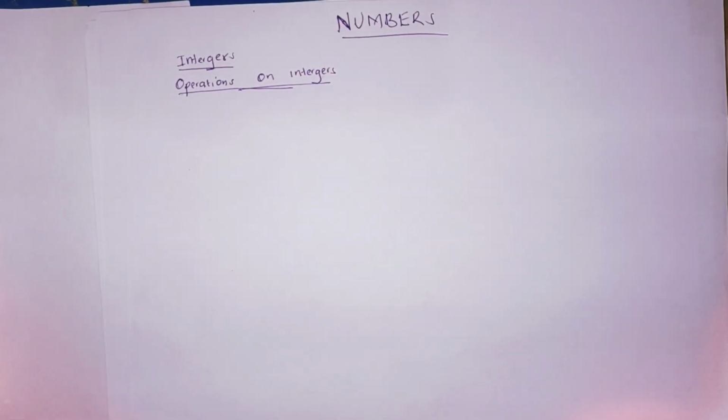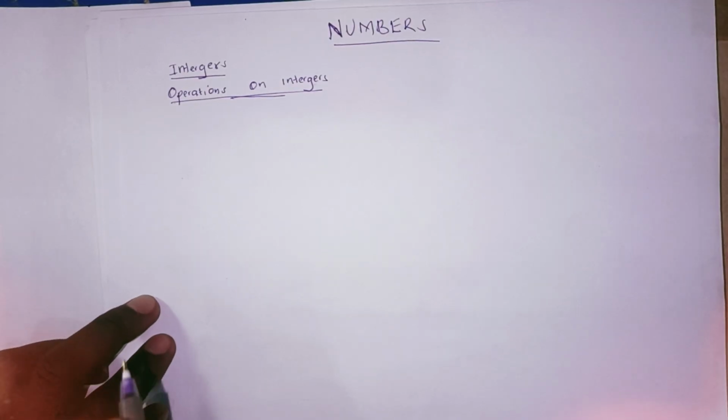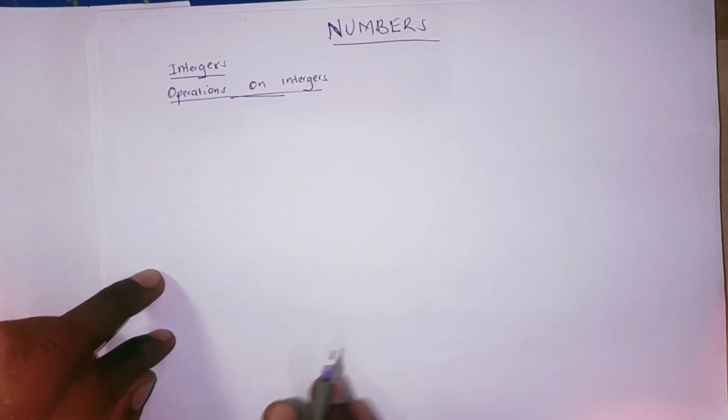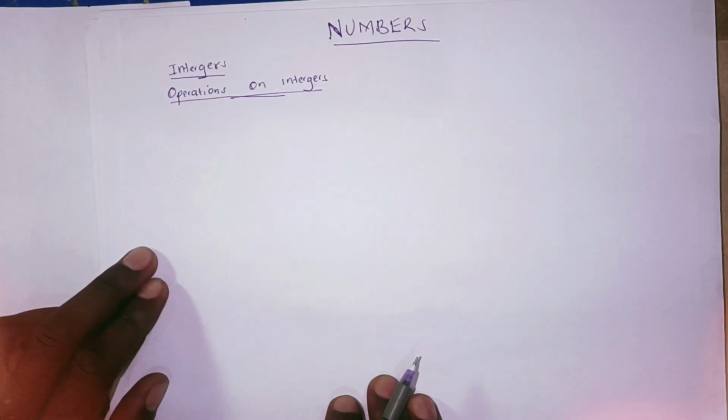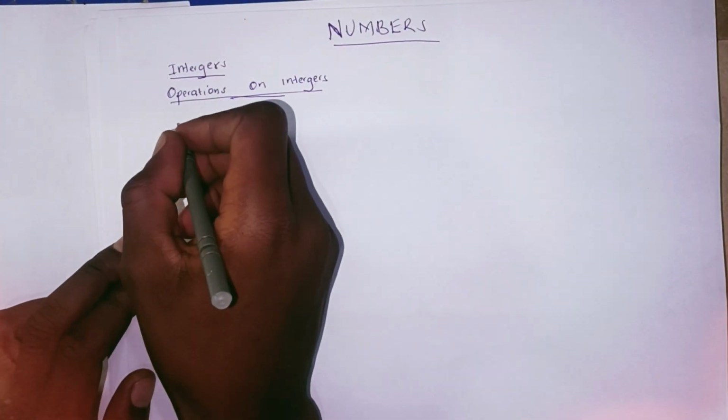Integers are whole numbers that can either be positive or negative or even zero, but integers can never be decimals or fractions. What have I said? I've said that integers are whole numbers that can either be positive or negative, and also zero, but can never be decimals or fractions. For the first examples, in the operation of integers, let us begin with addition of